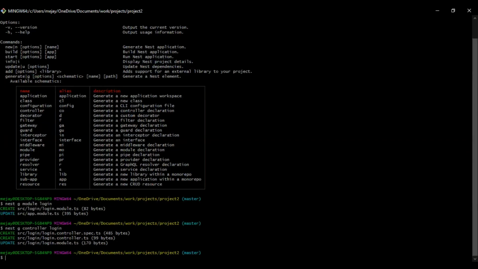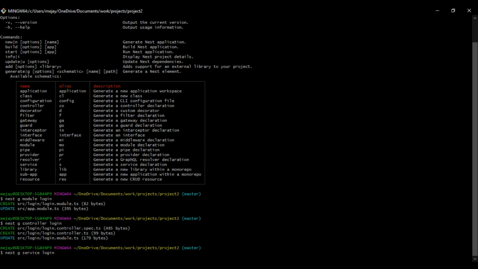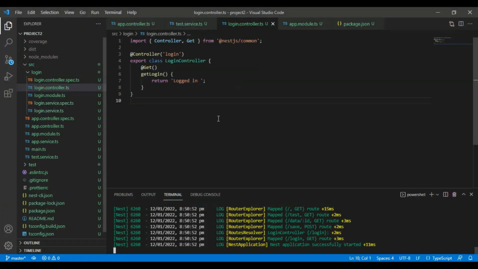For this we can also create a login service. In the meantime we can run nest G service login. Your logic will be in the service, and the controller will import the login service and use it. You can also import an outside service in your controller.